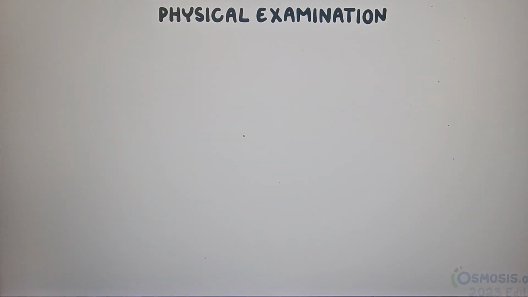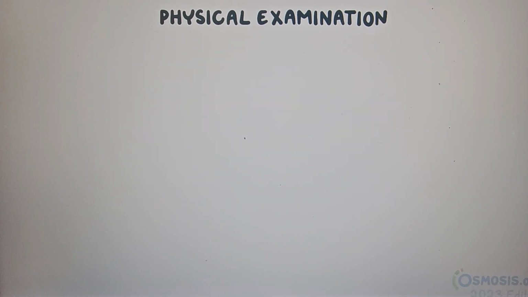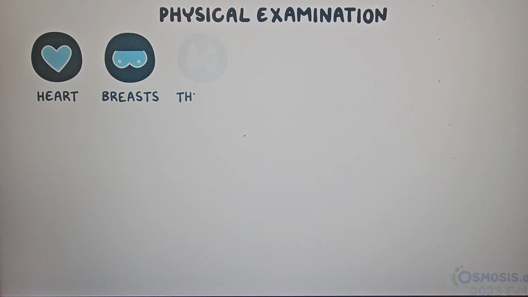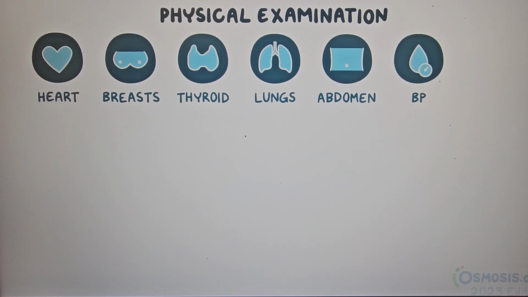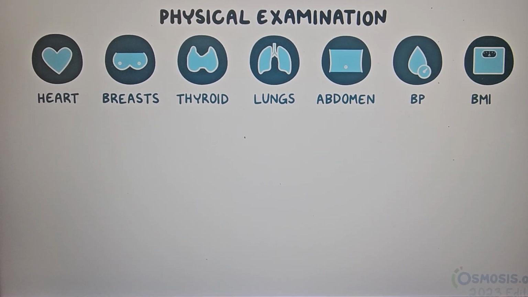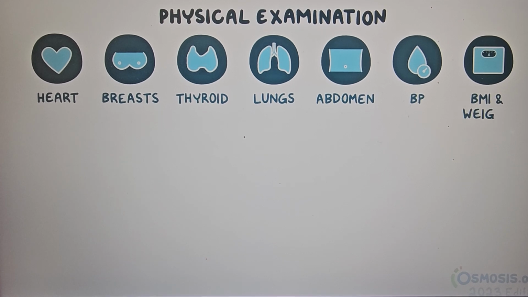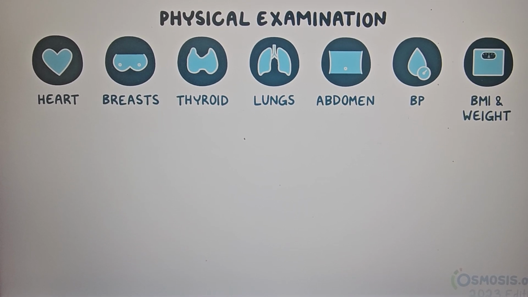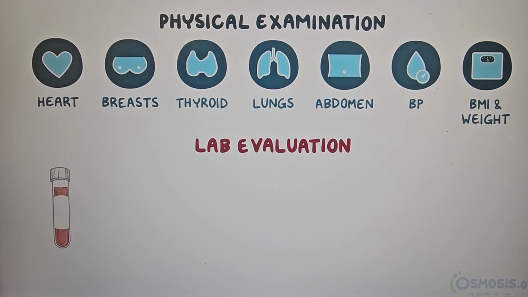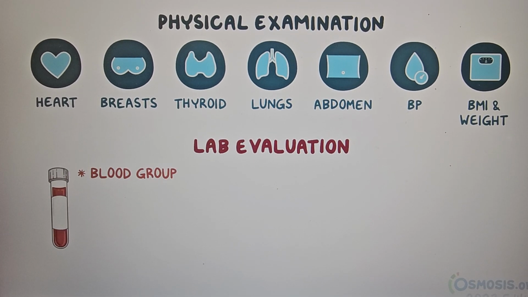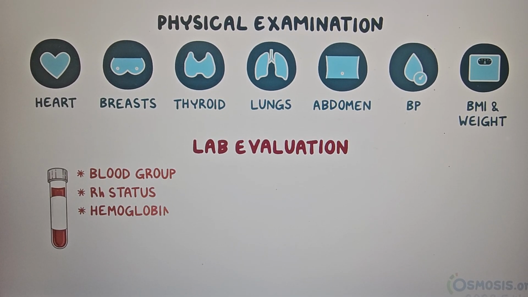After completing the medical history, a physical exam and laboratory evaluation should be done. Physical examination focuses on checking the heart, breasts, thyroid, lungs, and abdomen, as well as blood pressure measurement. The body mass index, or BMI, should also be calculated, and the current weight is recorded to keep track of weight gain during pregnancy. Next, the laboratory evaluation consists of determining the client's blood group and Rh status, hemoglobin, hematocrit,